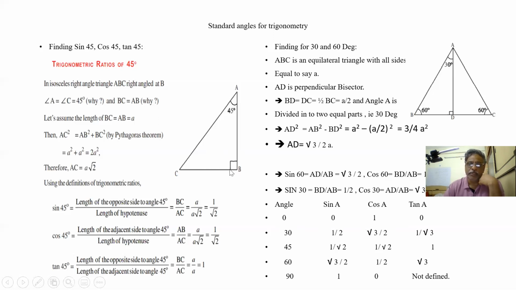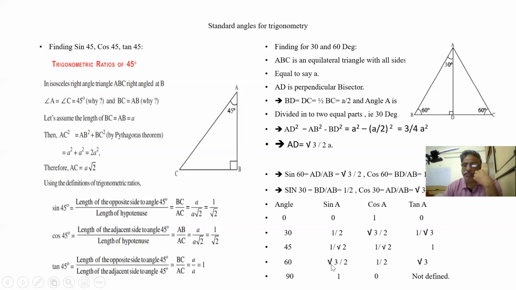As it goes up, B is coming nearer. Once it becomes vertical, B is almost touching C. So in cos theta, as theta increases, cos reduces. In sin theta, as theta increases, it increases. So sin square plus cos square total is equal to 1. If you add all these squares, it will be 1.